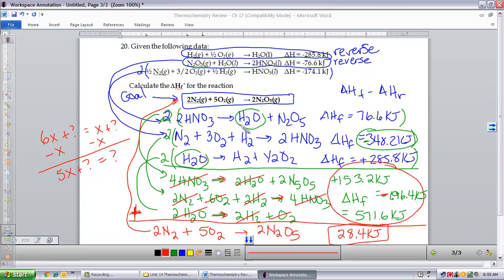It looks very messy, but actually if you think of it, like I said, like algebra, where you have a system of equations and you use the elimination method, you're just adding them up and multiplying by what you need in order to eliminate different variables so that you end up with what you